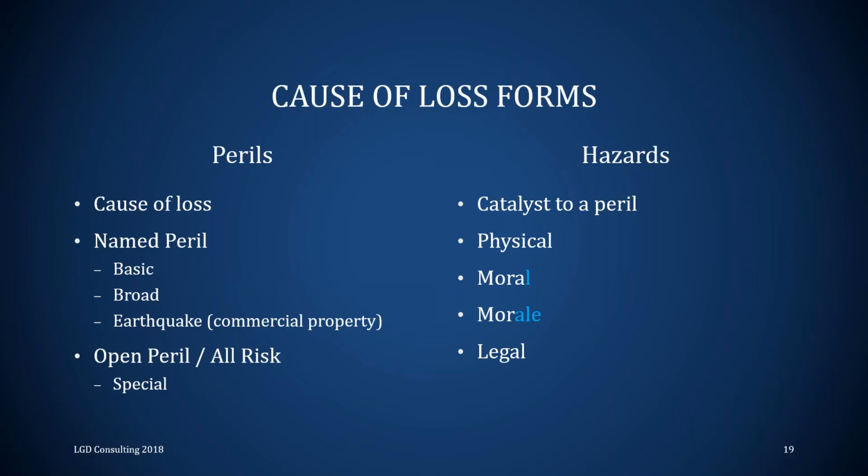And then on the right-hand side, we have hazards. Hazards are conditions that would increase the likelihood of a peril occurring. So a hazard is like a catalyst to a peril. A peril would be an auto accident. A hazard would be badly worn tires, where you're more likely to have an auto accident. So you see how it increases the likelihood that a loss may occur. The badly worn tires I've described would be an example of a physical hazard, something structural, something tangible. Living next to an explosives factory would be a physical hazard. There are other types of hazards.